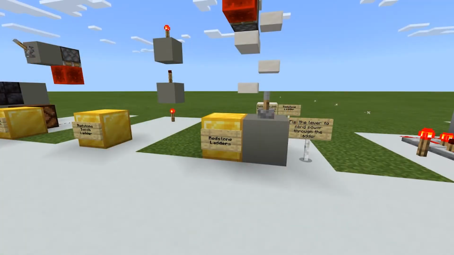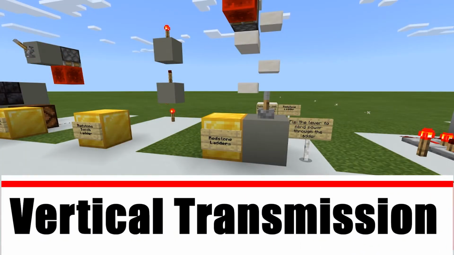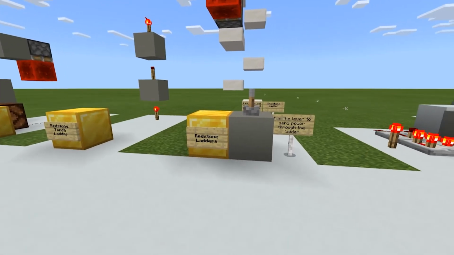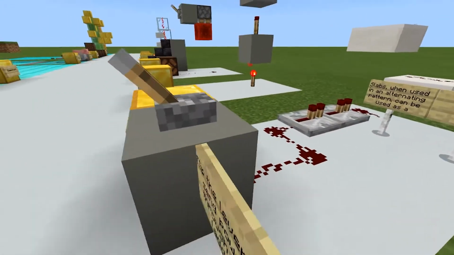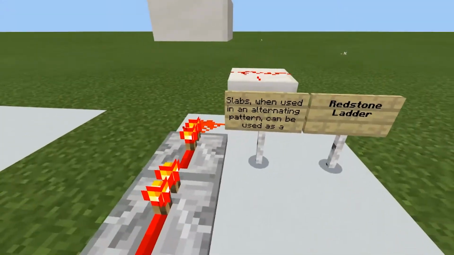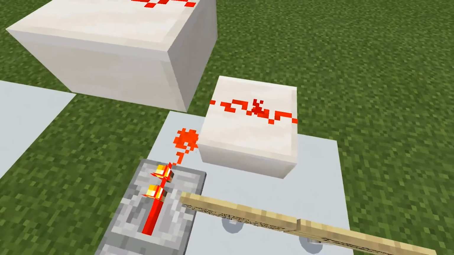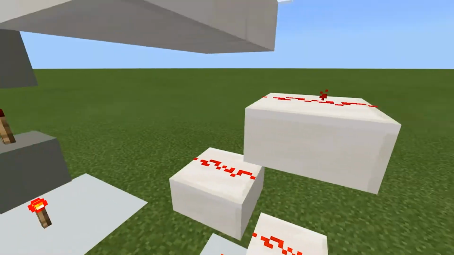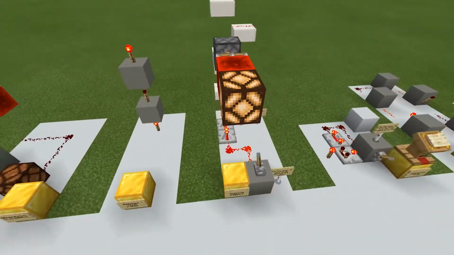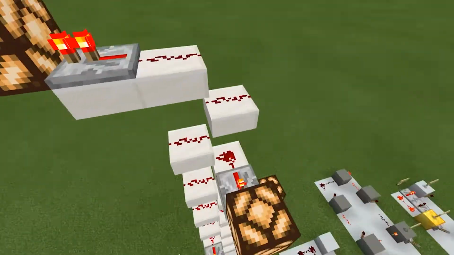Alright, now we're going to take a look at vertical transmission. There's a couple of ways that you can use to get redstone to travel vertically. This first one that we're going to look at is a redstone ladder that uses slabs. When I flip this lever, it sends the signal through, and as you can see, the signal is still traveling up these blocks because they're slabs and not full blocks, and powering the contraptions all the way up